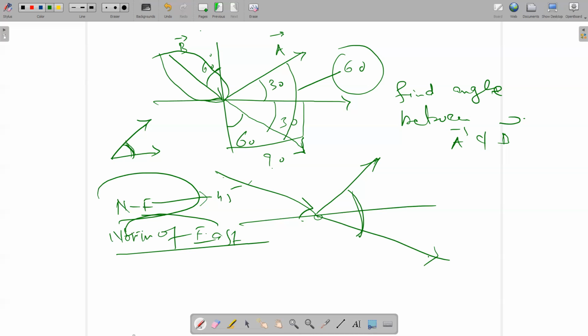Okay, brother, this is the total story of this lecture, and next time we will study some very good concepts of the analytical method to add vectors. We will use the cosine law and the sine law, and then we will find the rectangular components. This chapter is very, very small, and after those articles this chapter will finish, and then we will solve the problems. If you have any question you can ask me.